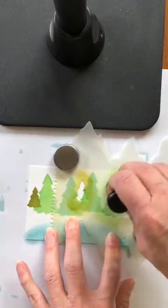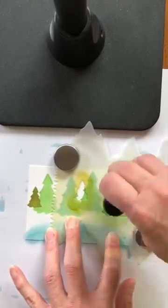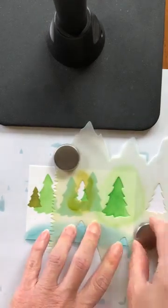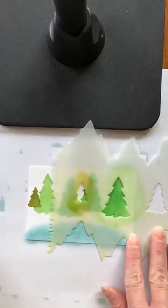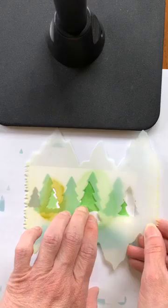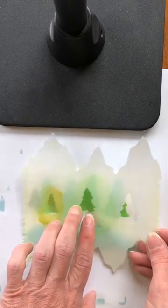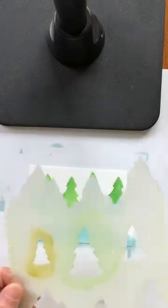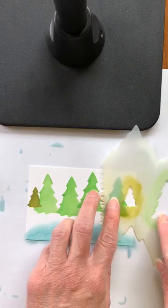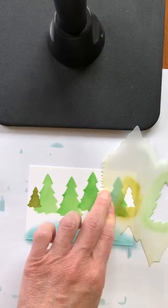Is anyone coloring along with me today, or are you just watching for now? All right, and then we're going to do a small one again. Let's see, do we want a medium size or a small? Let's go ahead and we'll do a small, I guess, since I've already got it all inked up. Okay, and then